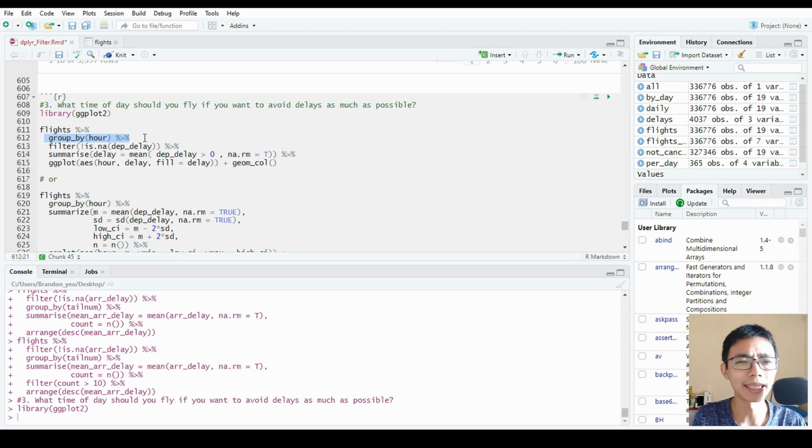We don't really want to group by second, otherwise every single thing will come up. So we want to know roughly the region of that. That's why we group by the hour. And again, we filter out all the cancelled flights, and we summarize the delay as the departure delay, which is